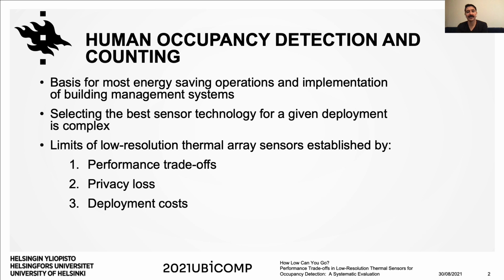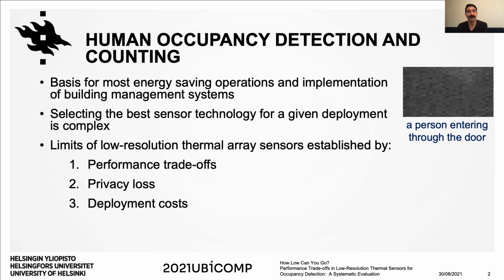A common method to collect this information is low-resolution thermal sensing. Here you can observe an example of a sketch of a person entering through the door using this type of sensors. The high diversity of sensor arrays and camera configurations make difficult the deployment of solutions that balance performance, privacy,